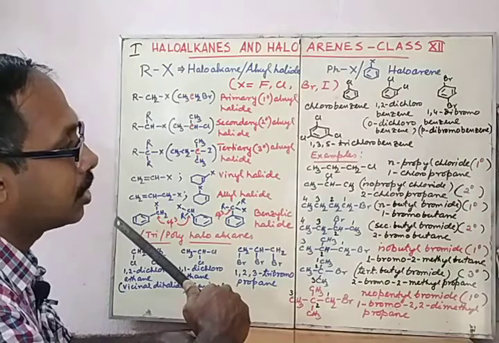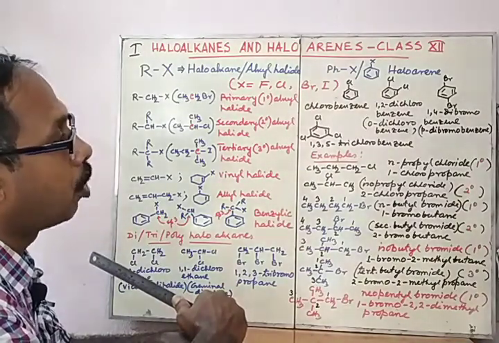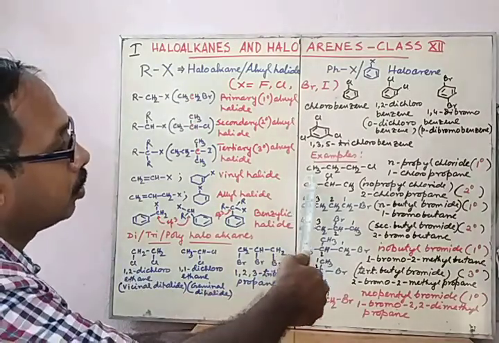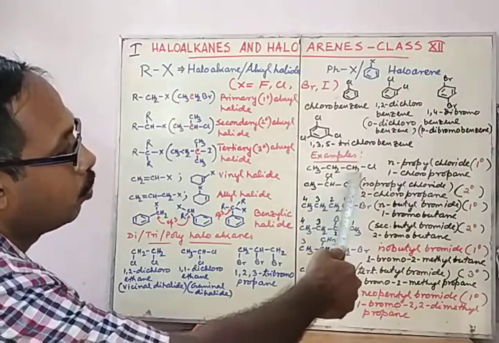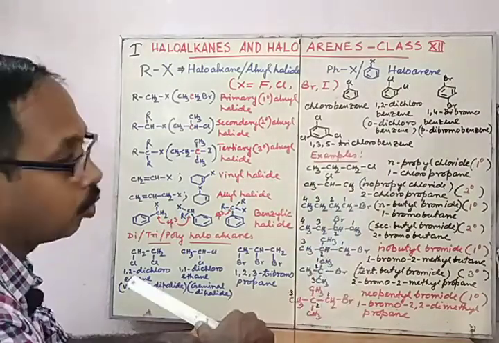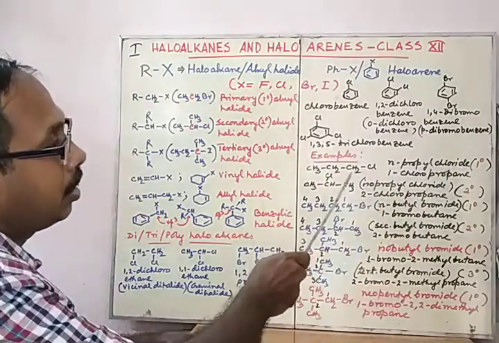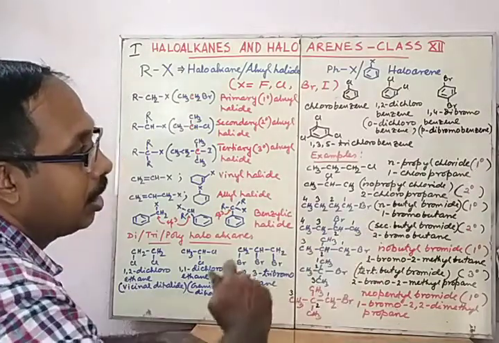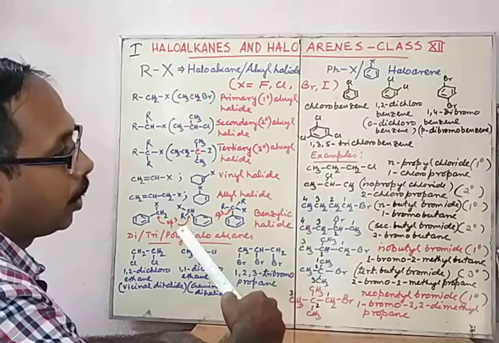Now look into some examples and structural features of a few compounds of haloalkanes and haloarenes. So we can follow that this is CH3CH2CH2Cl. So a propyl group is there. It is a normal propyl group. So the compound is named normal propyl chloride. And the CH2 carbon is holding the halogen, so it is a 1 degree haloalkane. In IUPAC it is 1-chloropropane.